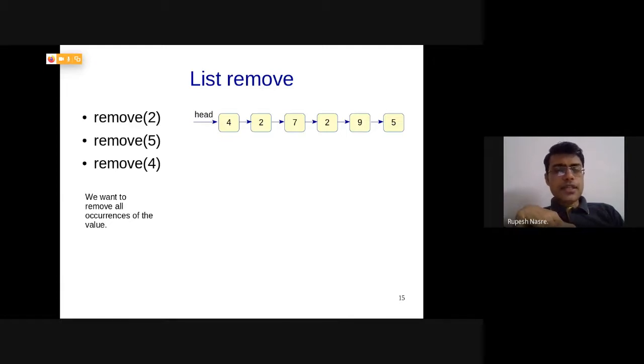And one design decision that we have to make is whether remove removes only the first occurrence or the last occurrence or any occurrence or all the occurrences, right? If you have to remove only the first occurrence, you have to specify that, right?